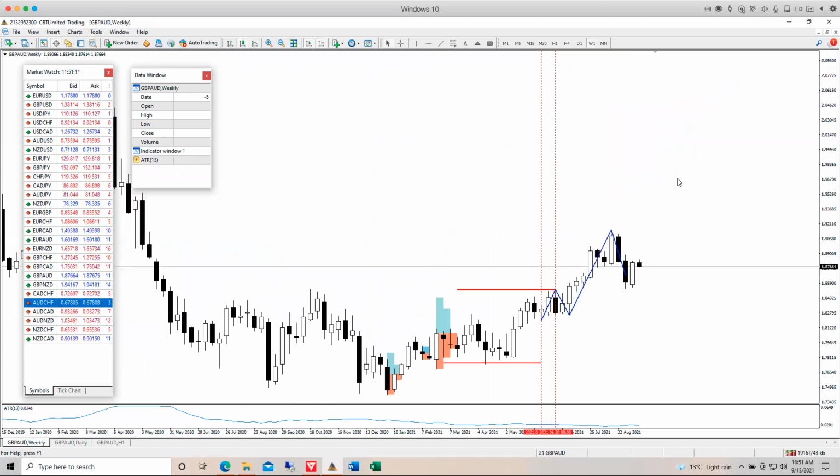Your losers are small and your winners are big. Right, GBP Aussie here, coming back to the Aussie and the Kiwi pairs. This is, on the weekly time frame, certainly one of the better looking pairs where we've had